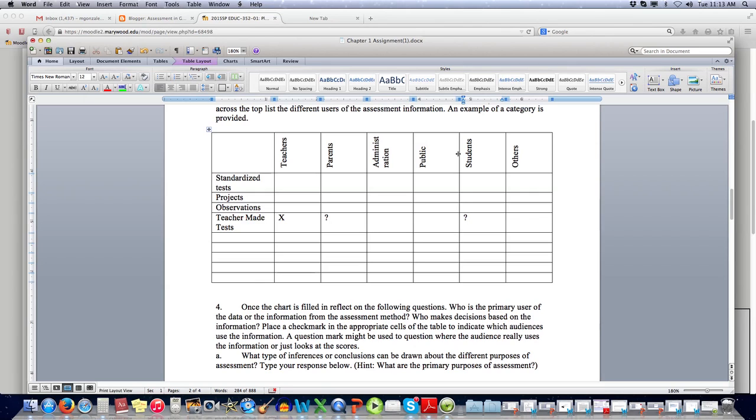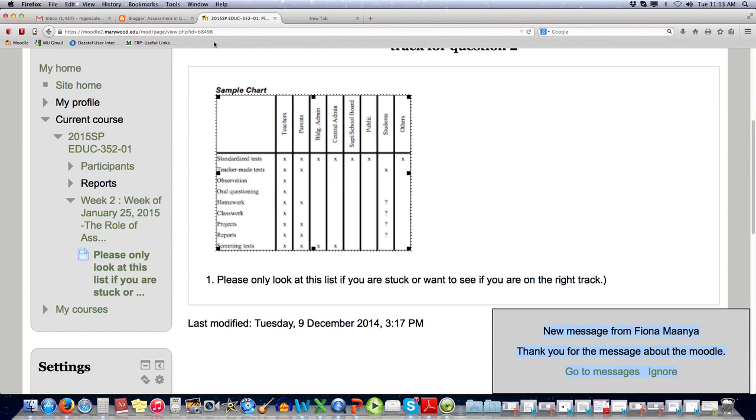Now, again, if you're stuck on this, if we go back to Moodle here, you can see, okay, this chart, okay, and you can see my example contradicts what the text said for teacher-made tests. They think that teachers, parents, and students would use this type of information. What I said was teachers would definitely do something about it. Maybe parents, maybe students. Okay, that would be almost up to your opinion for what you would think. I put a question